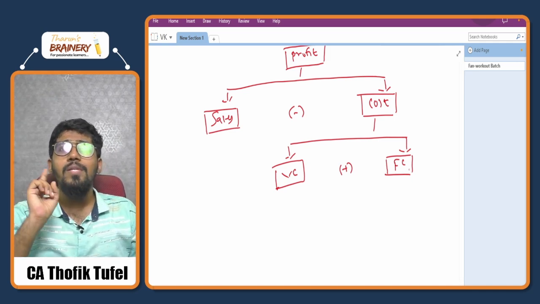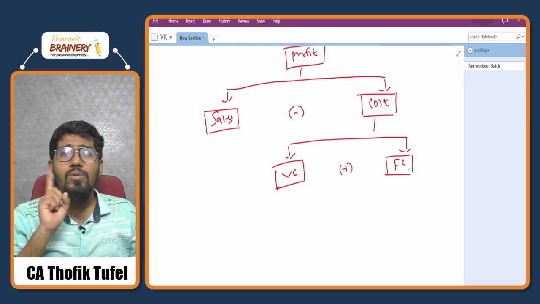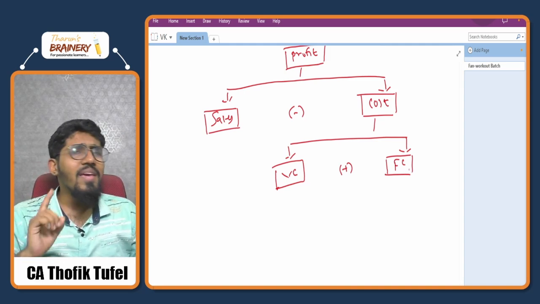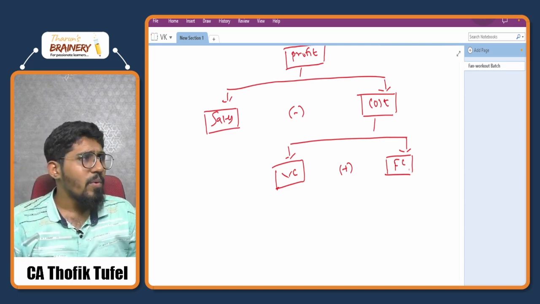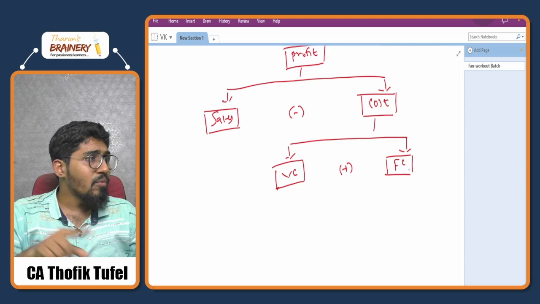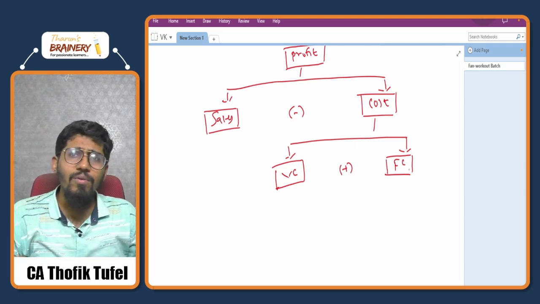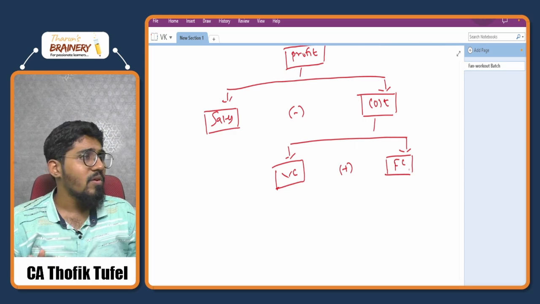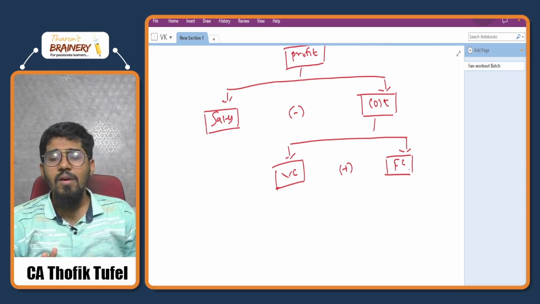Factory, even if you're producing one bottle or 1,000 bottles, rent will be the same. Correct? So rent is a fixed cost. Paying salary, you are producing one bottle, or 10 bottles, or 10,000 bottles. Will the accountant's salary vary or not? No. You have to pay the same accountant salary. Yes or no? Or any salary. Or any admin cost that you're making, all comes under the fixed cost.